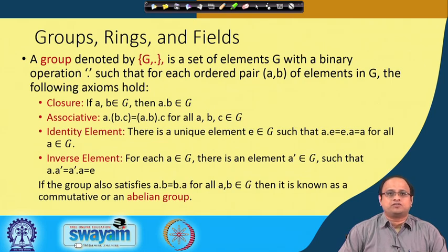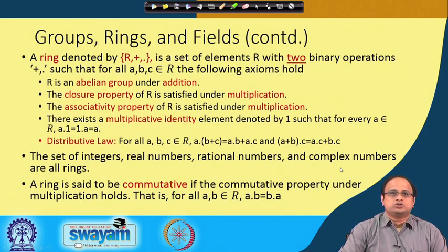If the group also satisfies commutativity, which means that I can do A dot B or B dot A for all A, B which belong to G, then it is called a commutative group, or often an abelian group. So, you can extend a group to a ring by bringing in another operator. So, now you have got two operators, say plus and dot. Often the first, plus, is called addition, and the second is thought of as multiplication or product. Again, a few axioms have to hold.